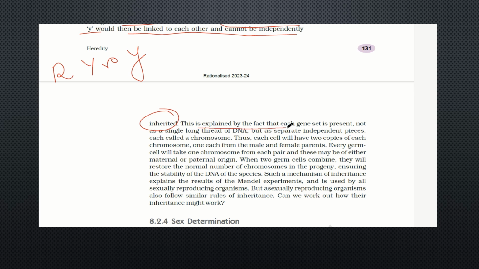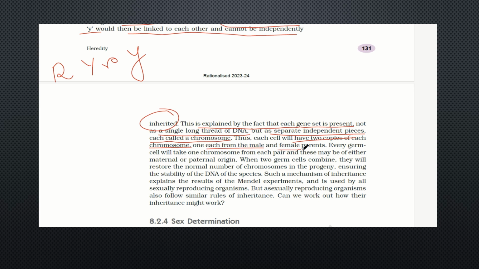This is explained by the fact that each gene set is present not as a single long thread of DNA, but as separate independent pieces, each called a chromosome. Each cell will have 2 copies of each chromosome, each one